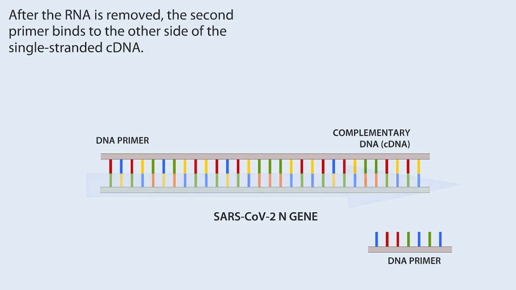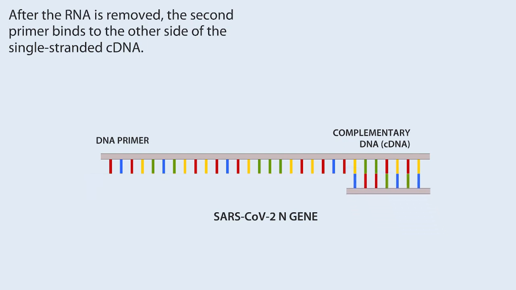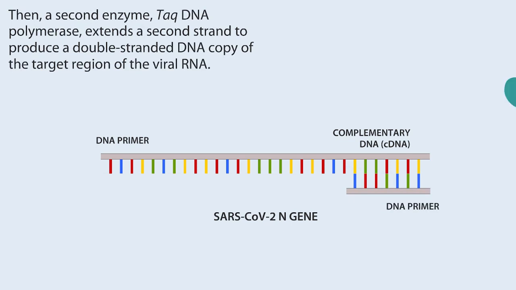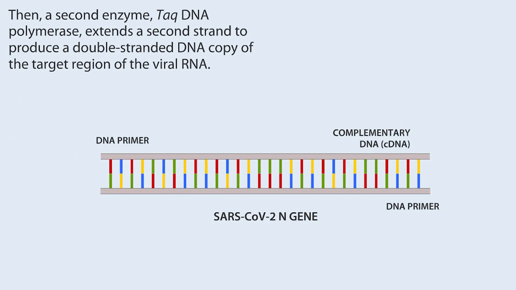After the RNA is removed, the second primer binds to the other side of the single-stranded cDNA. Then, a second enzyme, taq-DNA polymerase, extends a second strand to produce the double-stranded DNA copy of the target region